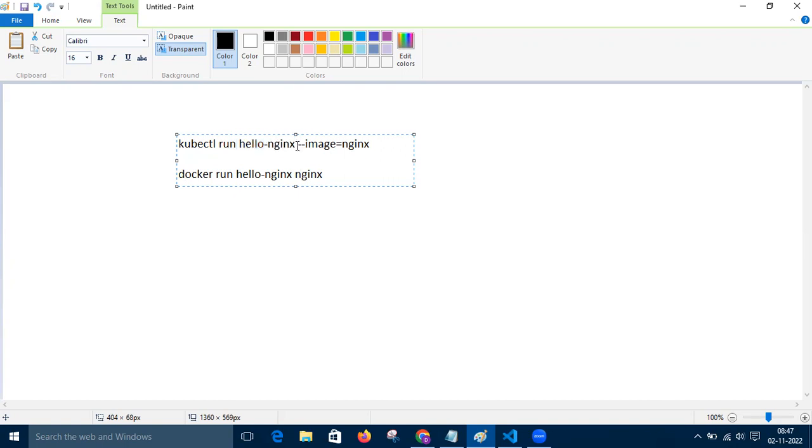And the pod should have a container. That container should be created from the image called nginx. And where will this image be pulled from? By default, this image will be pulled from Docker Hub. Once this is pulled, where will it be running? It will be running on any of the two nodes. This is kubectl run, and whatever pod name you want to give, give that here. For the container image, you have to give --image=nginx. If I execute this command,